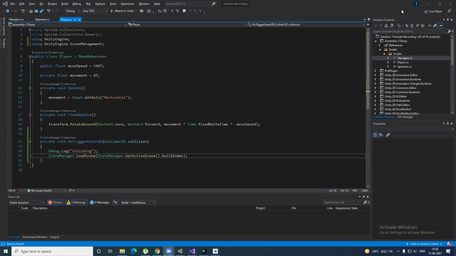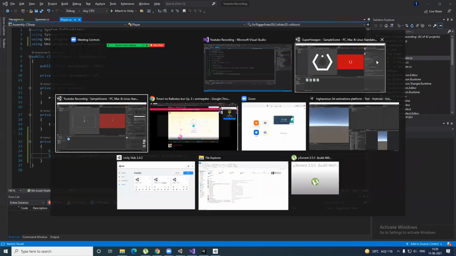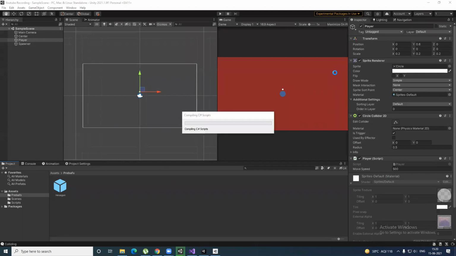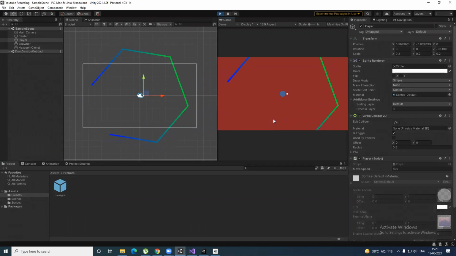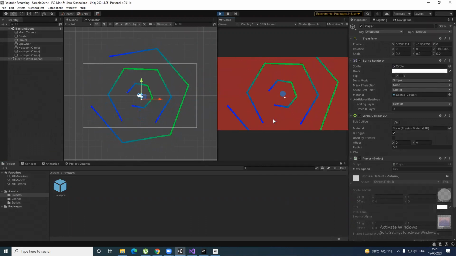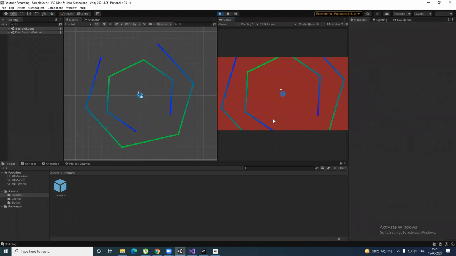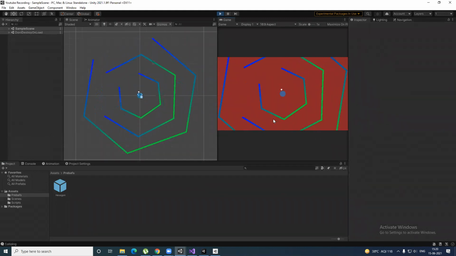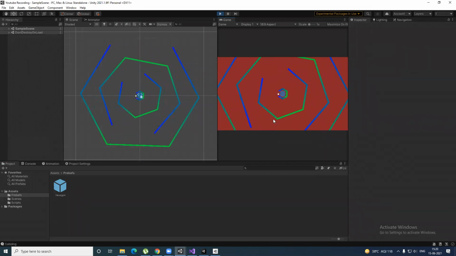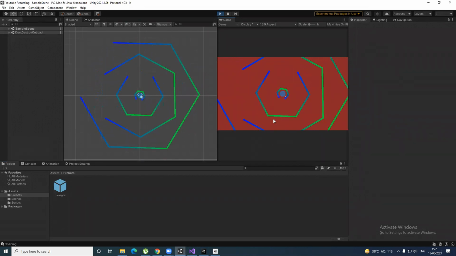Now if I head back to the game that we were making and hit play, you can see that I can control the ball, and it is getting restarted perfectly as soon as I touch the center. But it is way too easy. If I have to control it, it is way too easy right now.